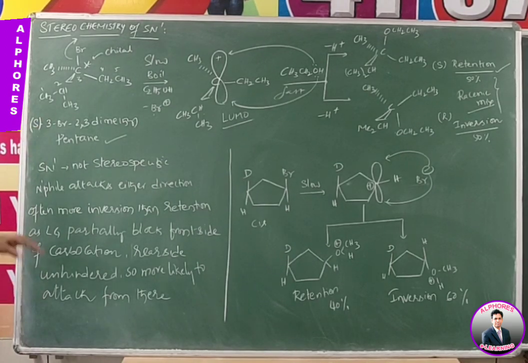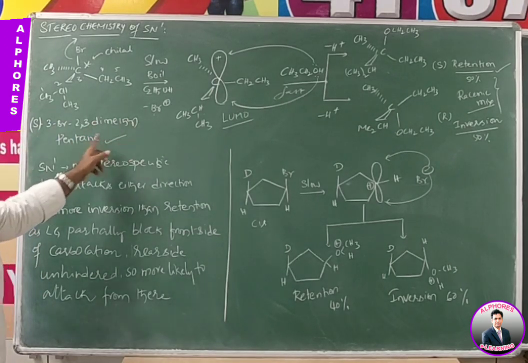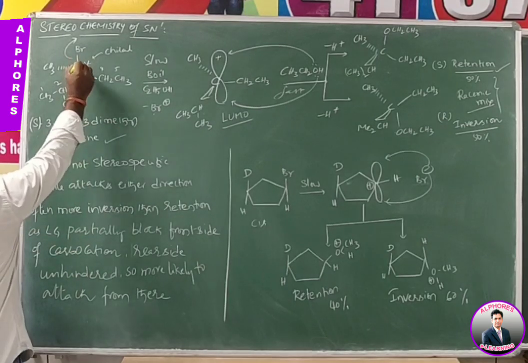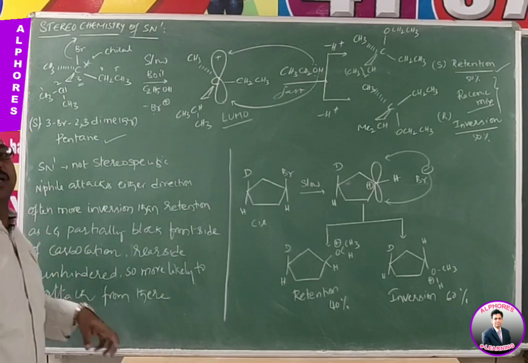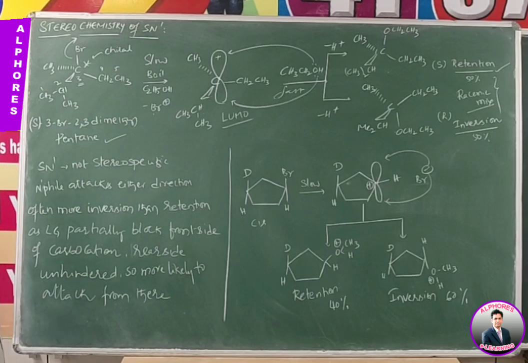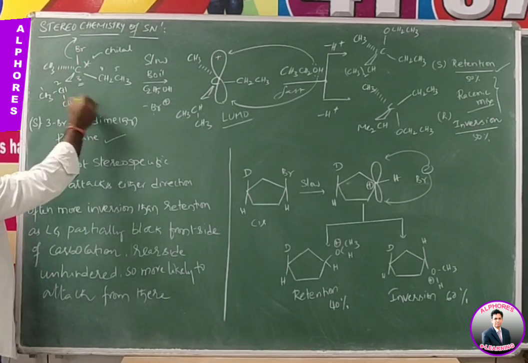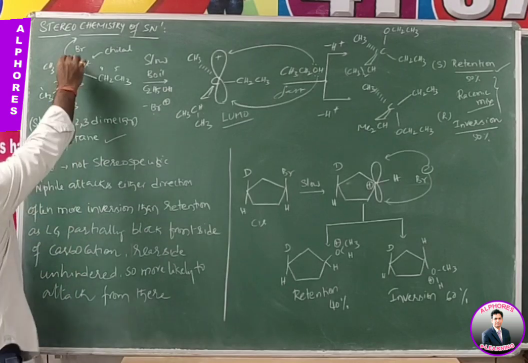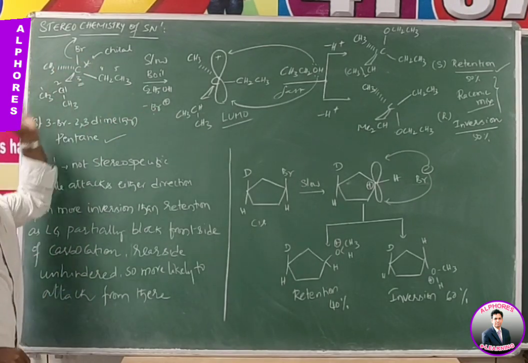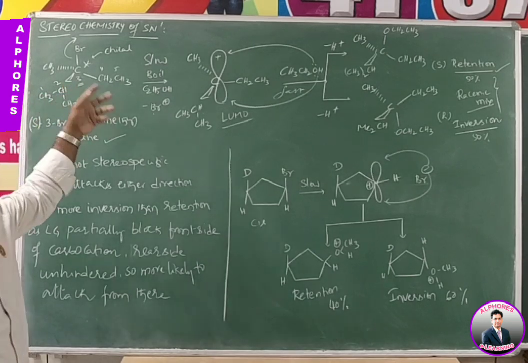I am going to consider S-3-bromo-2,3-dimethylpentane, which has a chiral carbon, meaning the departing group is attached to a chiral carbon. So I select such a substrate, in which the leaving group must be attached to a chiral carbon. If you observe here, Br is the leaving group. That carbon contains one methyl, another one ethyl, another one isopropyl. So these are three different groups, and Br is the leaving group. By leaving, a nucleophile comes and attacks the electrophilic carbon, the carbocation.